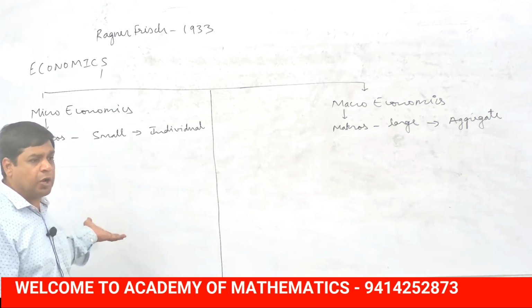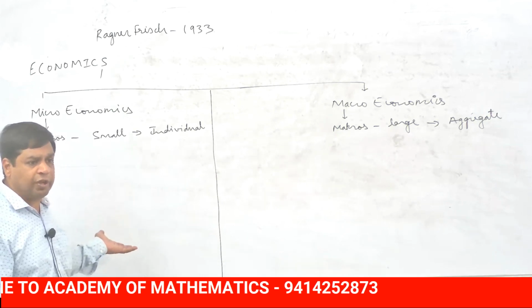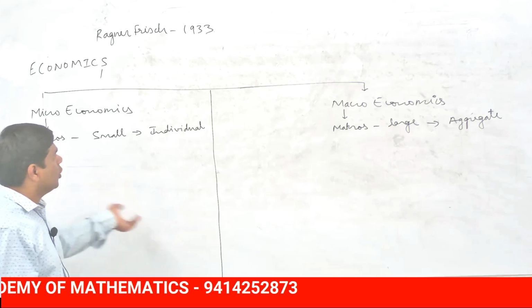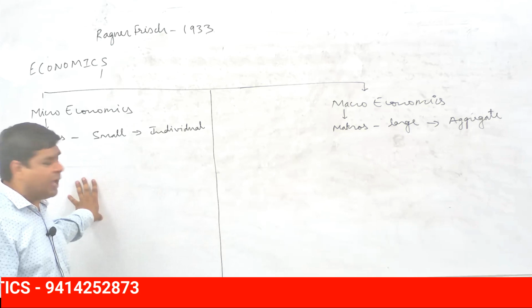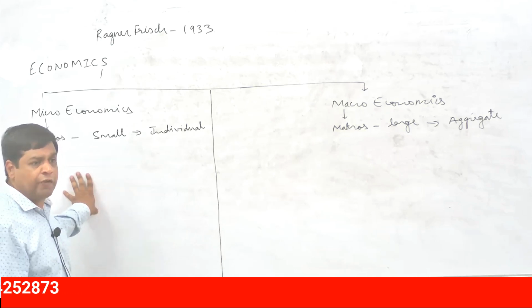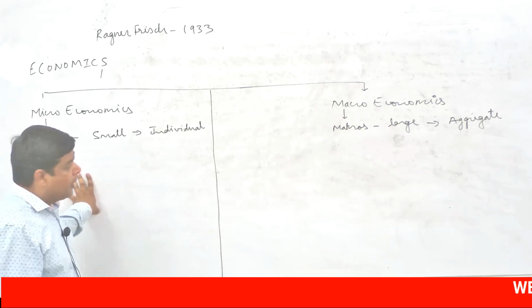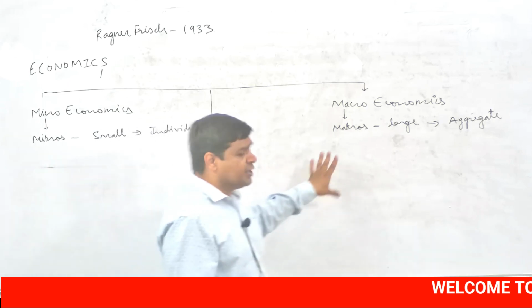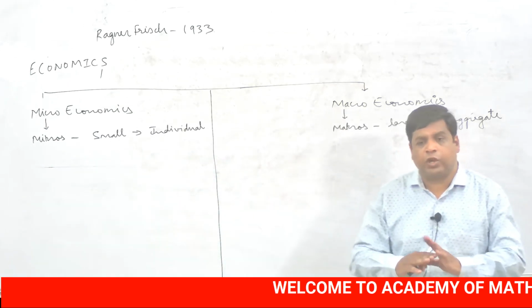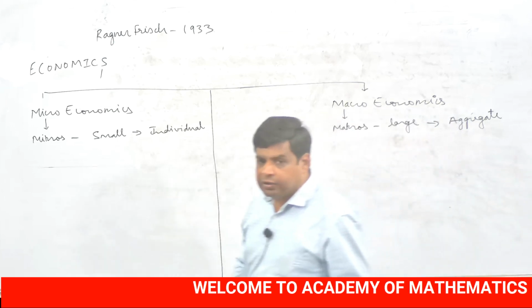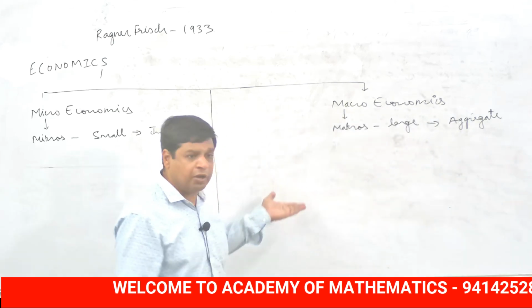See, I can ask one more question. Study of cotton textile industry is area of concern of microeconomics or macroeconomics? See, one particular industry can be discussed in the area of concern of microeconomics, while macro discusses the aggregates. Aggregates means here sum total. See, if you are discussing all the industries of India, that's area of concern of macroeconomics.